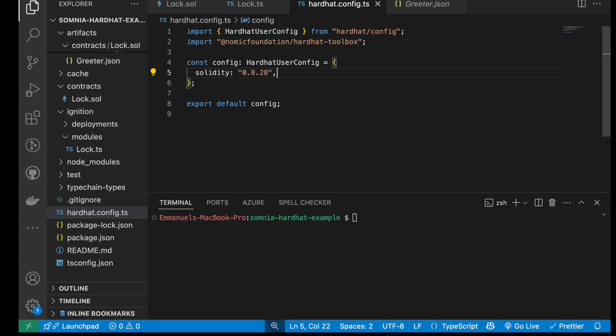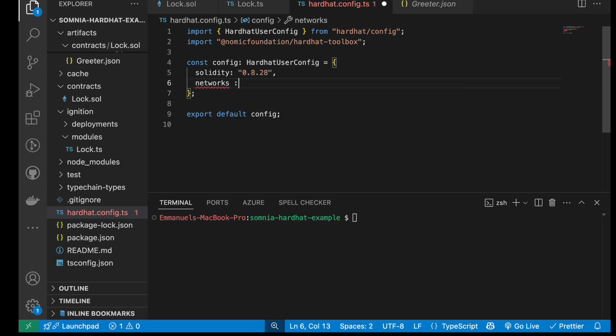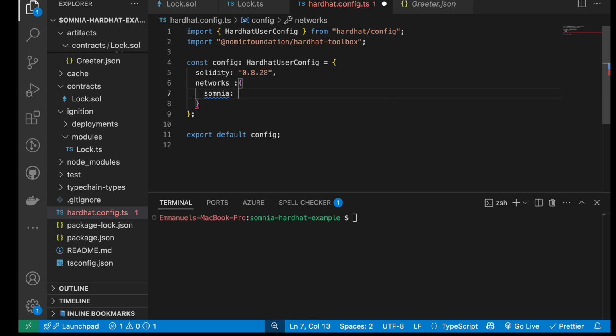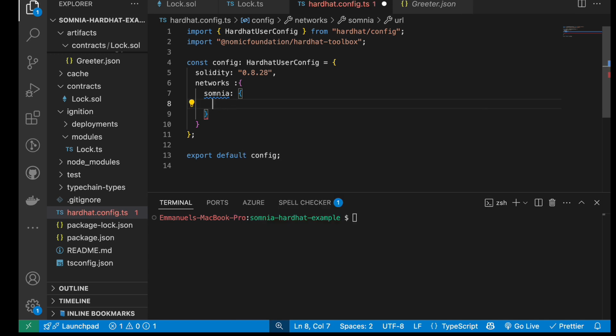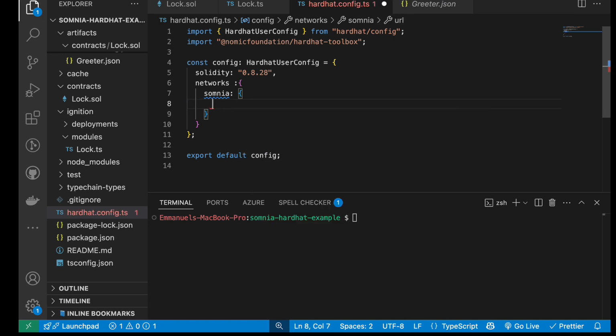To do this, we would add network information to the hardhat.config file. We'll pass in network arguments and the name of the particular network that I want to deploy to, in this instance Somnia, and then for that we'll pass in two parameters. One is the RPC URL that we want to use, in this instance the Somnia Dream RPC,